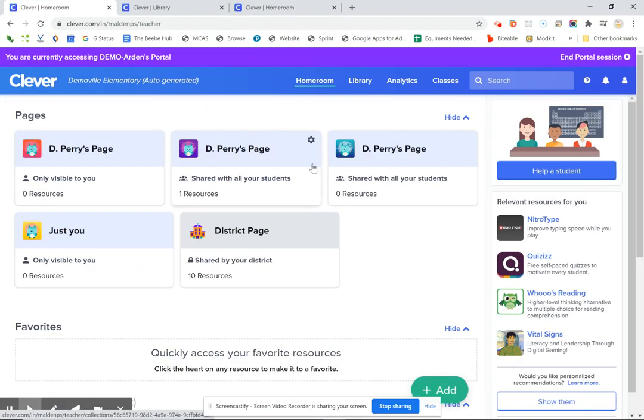In this video, I'm going to show you how you can customize your teacher page in Clever. To start, you want to log into Clever and make sure that you're on the homeroom page. At the top section, you'll see there's something called pages. These are teacher pages. Teacher pages are just ways for you to create groups of resources to share with groups